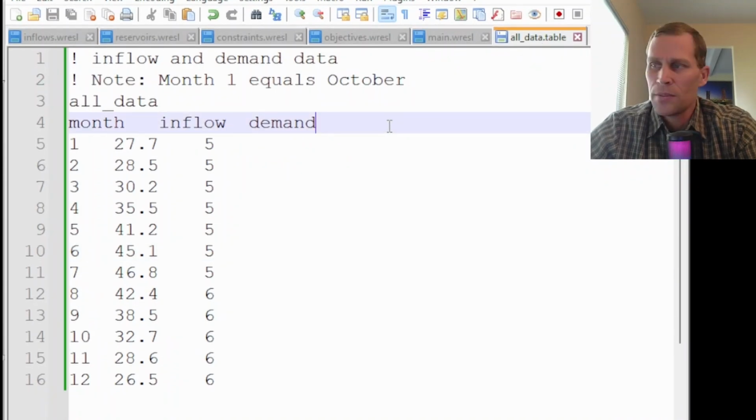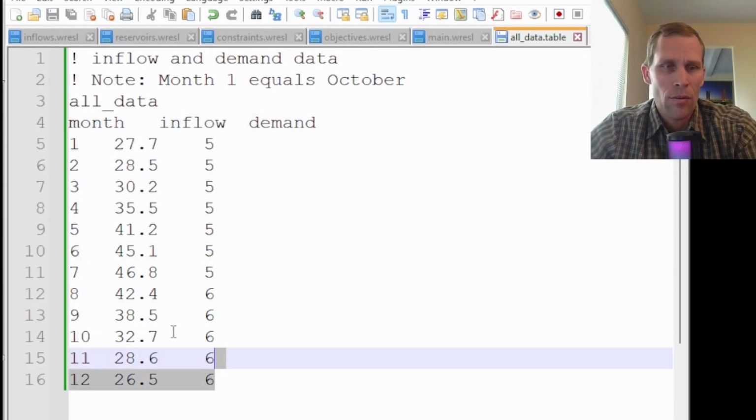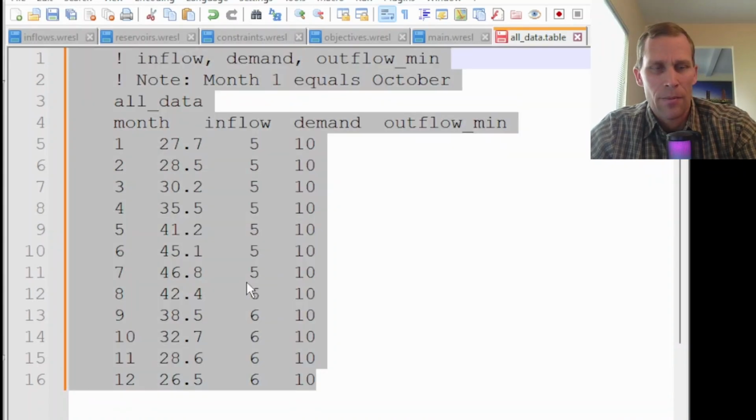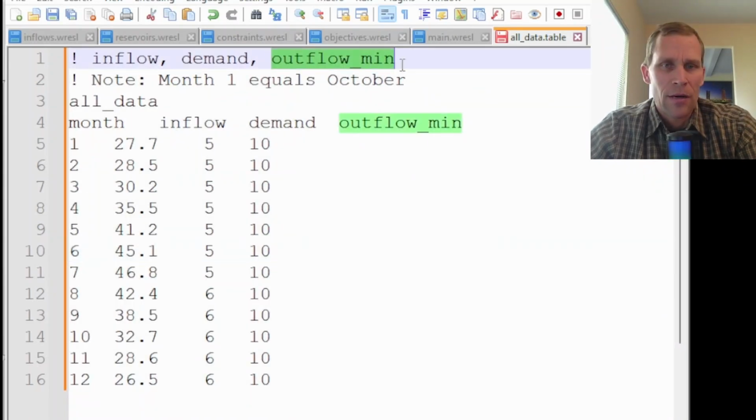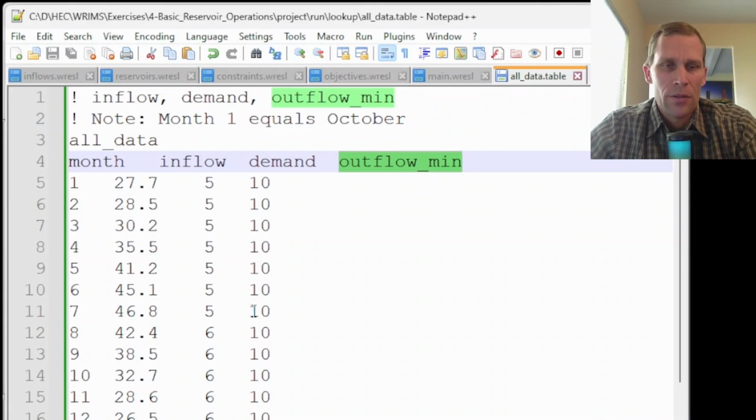I'm going to add a new column to the far right called outflow min. I'm just going to paste in what I have prepared. The only thing I changed here was outflow min, and then I added a constant 10 CFS. So let's go ahead and modify the other files to accommodate what we need to enforce that 10 CFS minimum